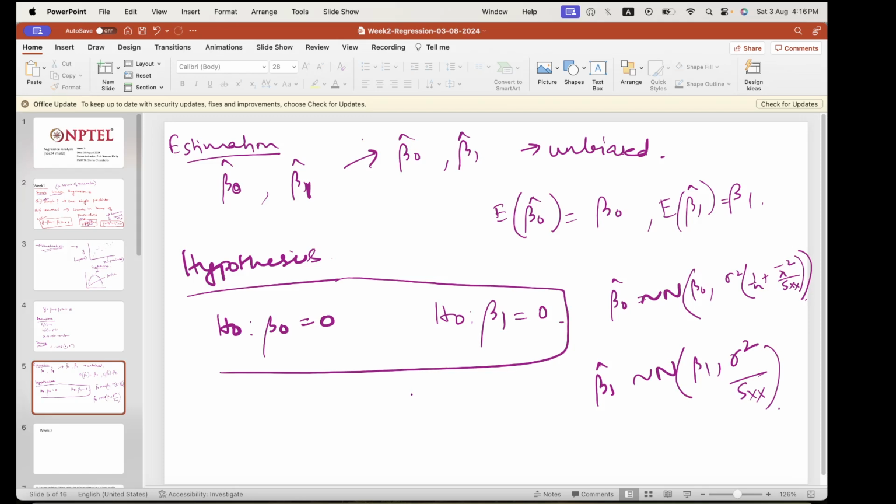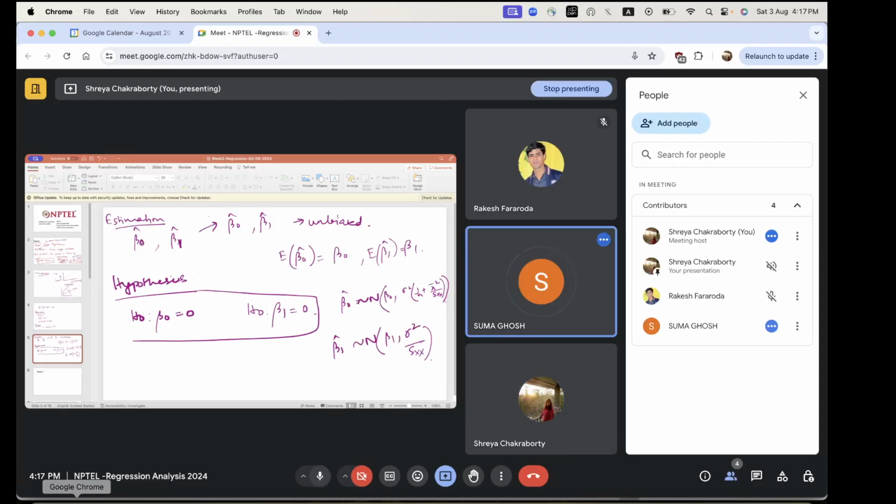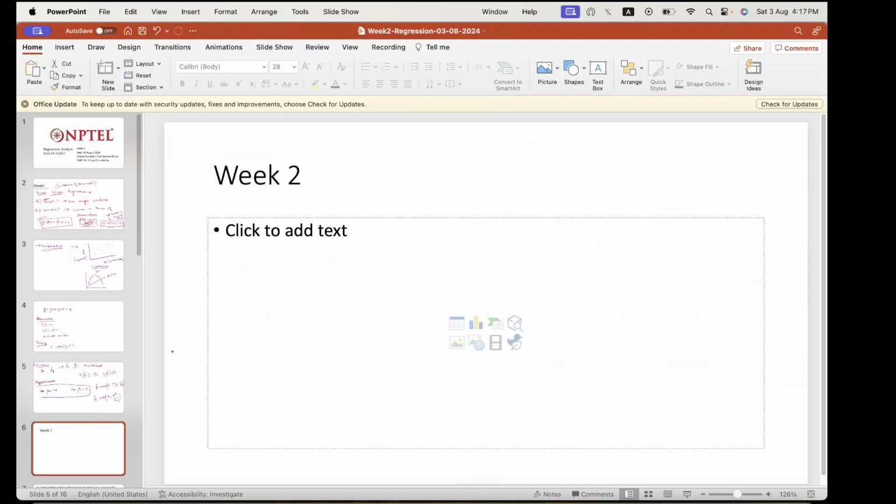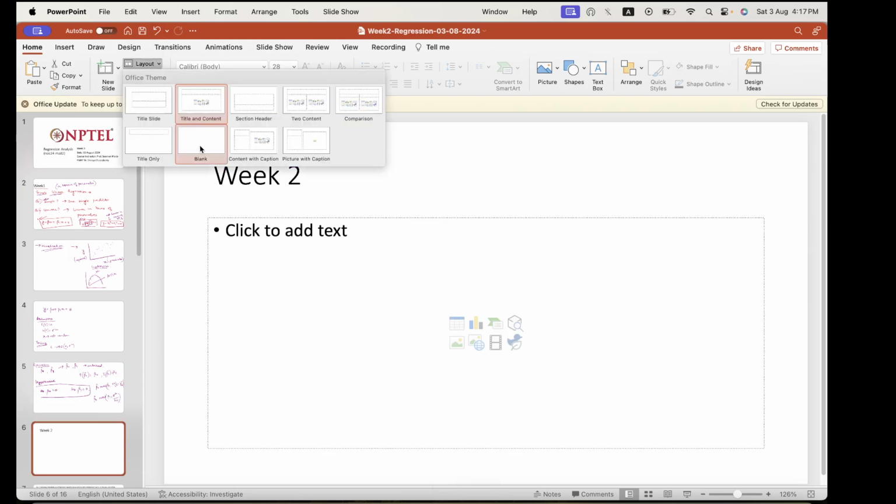and then we tested these hypotheses, whether the true beta naught is 0 or not, and whether true beta 1 is equal to 0 or not. Okay, so this is what was done, and we also estimated these when sigma square was unknown. Okay, so now in week 2, what we are going, as you rightly pointed out,